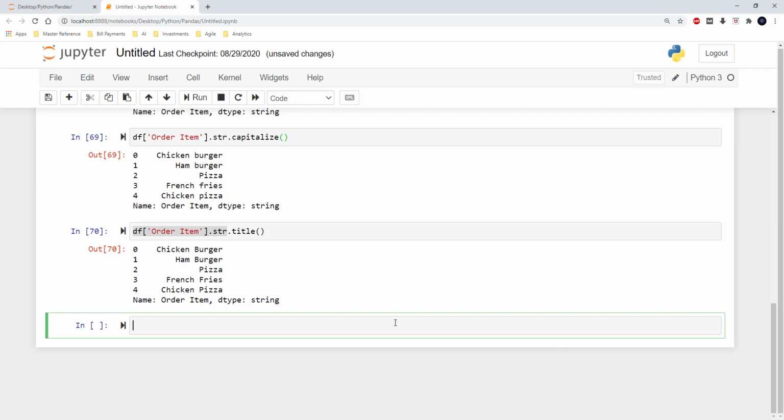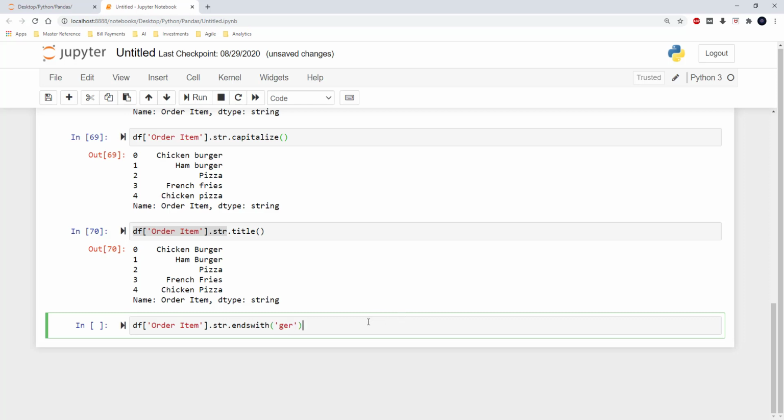Now if I wanted to find out if any values end with a specific set of alphabets, then I can use the method endswith. So I am selecting the same column, df of order item, and then in the str I am mentioning the method endswith, and here I am checking for the value GER.